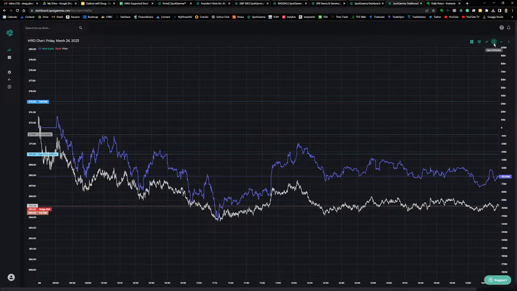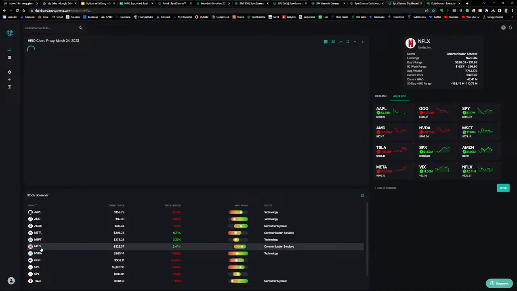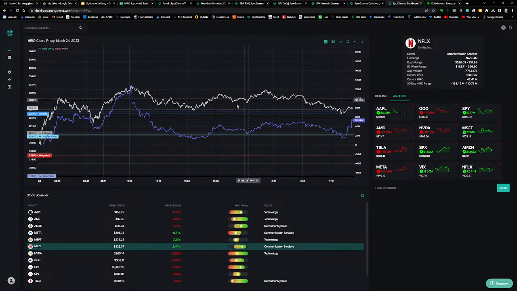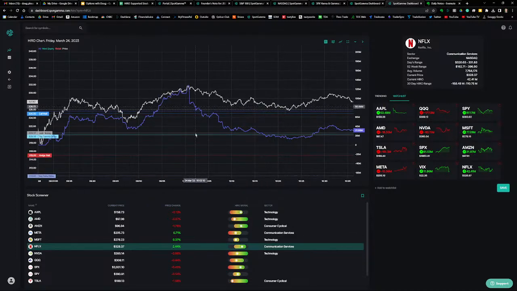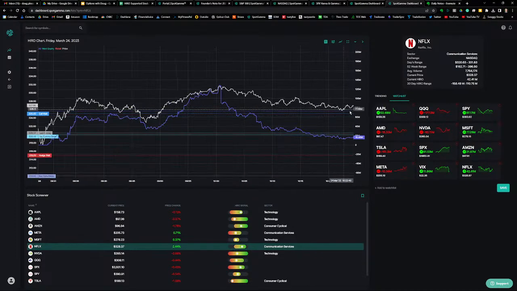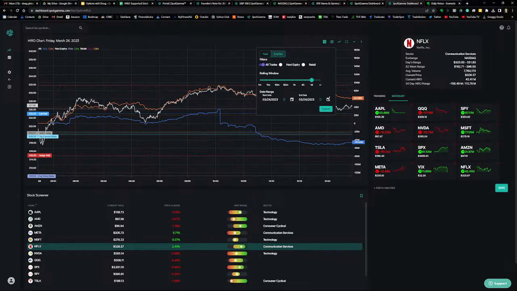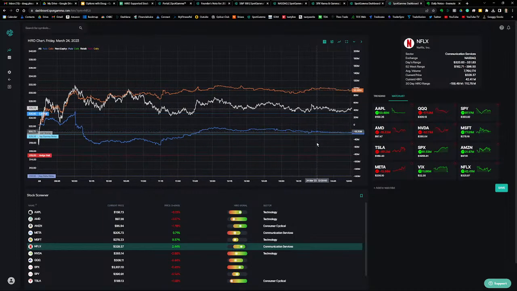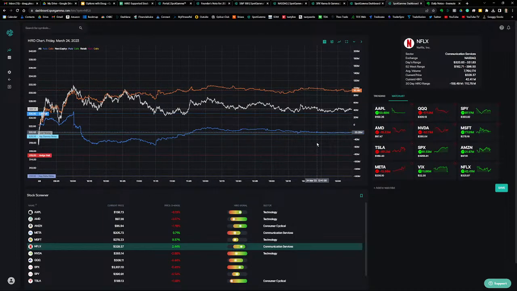All right, so let's take a look at Netflix. I'm going to zoom in a bit. So kind of a mixed picture for Netflix, but definitely in the morning, overall bullish. And let's just see what traders are doing. So they're buying calls. So as long as traders are buying calls, and I've zoomed out all the way, as long as traders are buying calls,